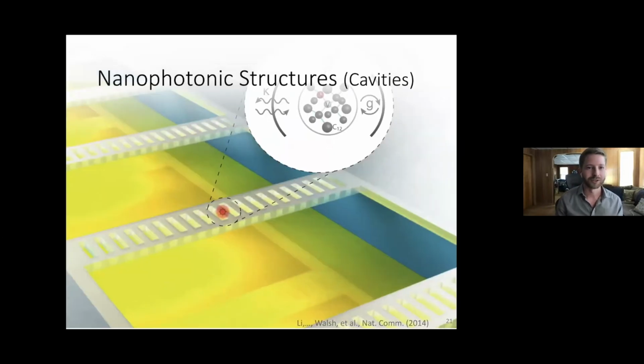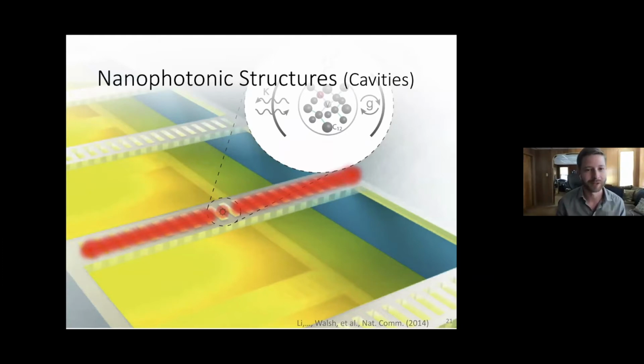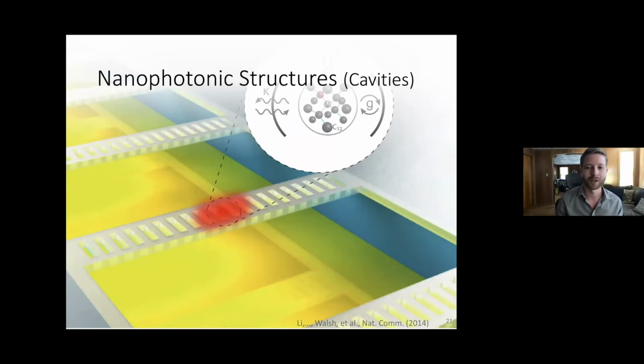And so these nanophotonic structures at the end of the day are cavities. And if we were to look at what the light would do without a cavity, given this quantum emitter, it's going to want to just propagate away from itself, but it will stay in the diamond because of the high index. And what the cavity does is it restricts the light from propagating and confines it to the center of the cavity. And if you're unfamiliar with cavities, imagine just putting 2 mirrors facing each other. And these devices, obviously we're not quite using mirrors, but we're using these periodic holes fabricated into the diamond, which at the end of the day is a distributed Bragg reflector, a DBR, if you're familiar with it. But we can verify that this does confine the light using simulation tools.